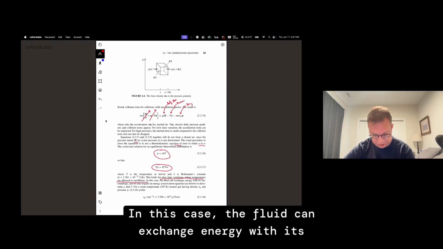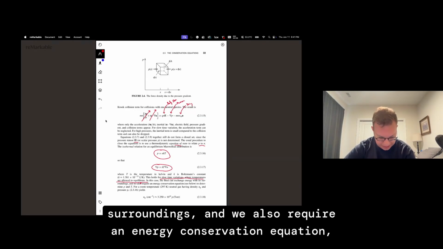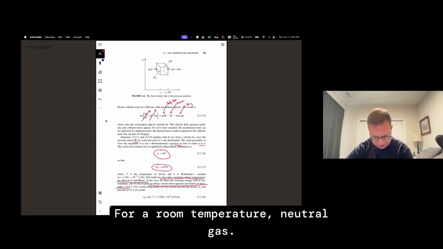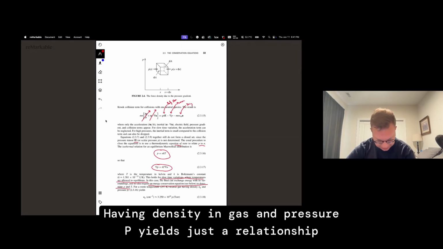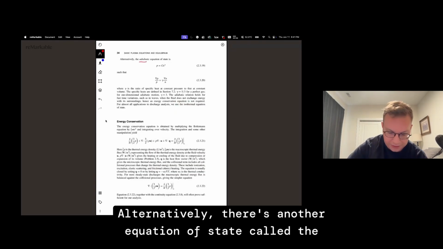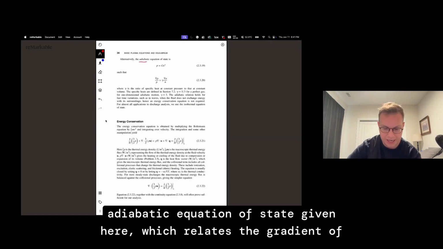In this case, the fluid can exchange energy with its surroundings, and we also require an energy conservation equation, see below, to determine P and T. For a room temperature neutral gas having density N_gas and pressure P, this yields just a relationship between the density and the pressure in torr. Okay. Alternatively, there's another equation of state called the adiabatic equation of state given here, which relates the gradient of